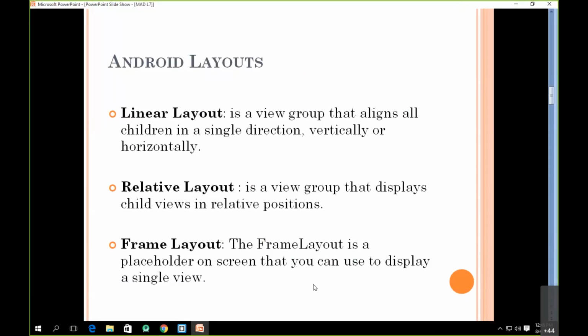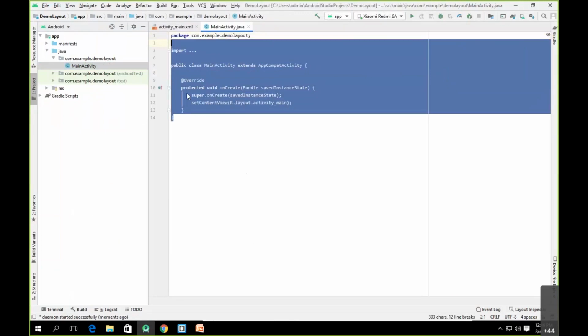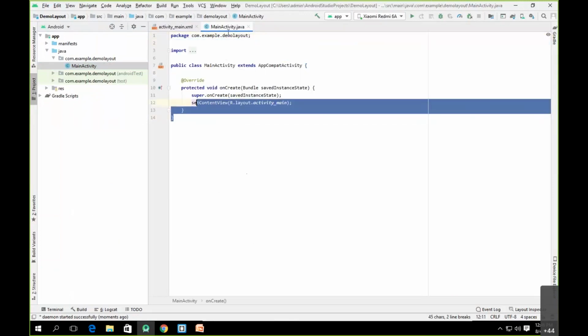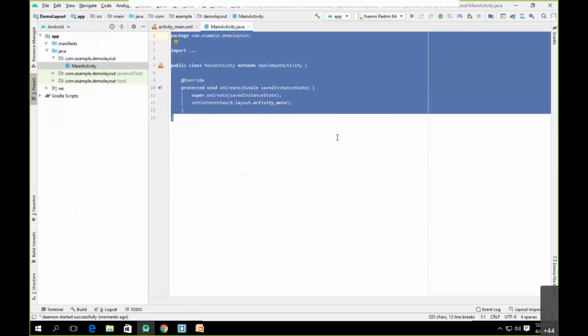Then there is another layout called a relative layout. This is a view group which displays the children with respect to relative positions. What do we mean by that? We'll see it. Now you can see our Gradle build is successful. What we have to understand is views and view groups. So let's say there is one activity available, and this is our main activity. This is the MainActivity.java file, which consists of the business logic. And what we are going to learn now is the user interface design.